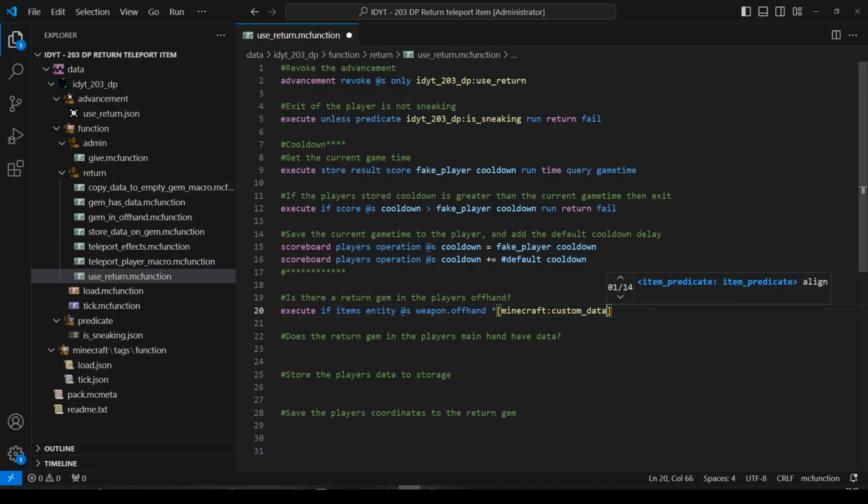Minecraft custom data tilde not equals return